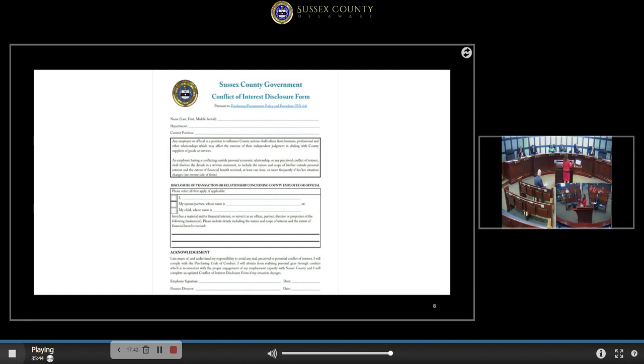At that time, county council had filled out this form as well. They are employees, so they had been given this. New employees, when they come in, all have to fill out this form. I give them a copy of the conflict of interest and code of conduct behind this form, so everybody has that as well.